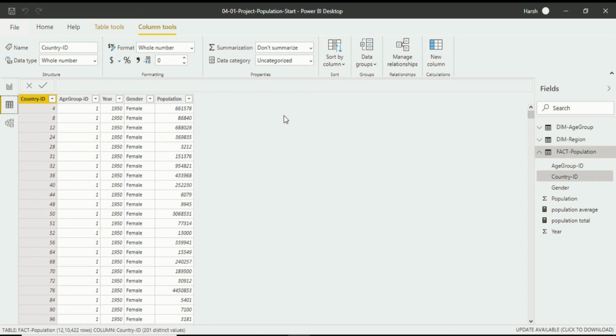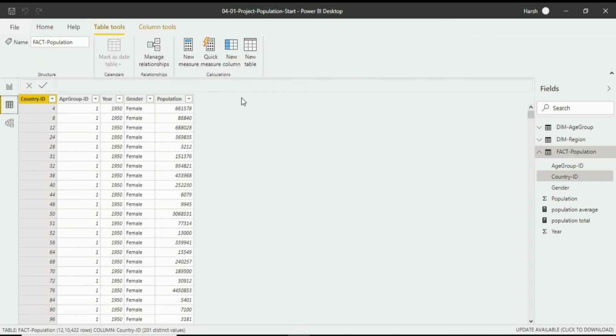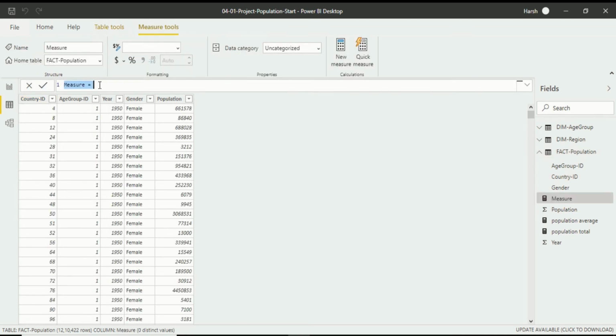First of all, as I've already told you, you have to create a new measure. For that you have to go into Table Tools and click on it. In the Calculations section there is an option called New Measure. When you click on it, a measure field becomes available where you will write a formula. It's always important that you first write the name of the measure. So what are we counting? Population female, right? So write Population Female. After that, go in here.